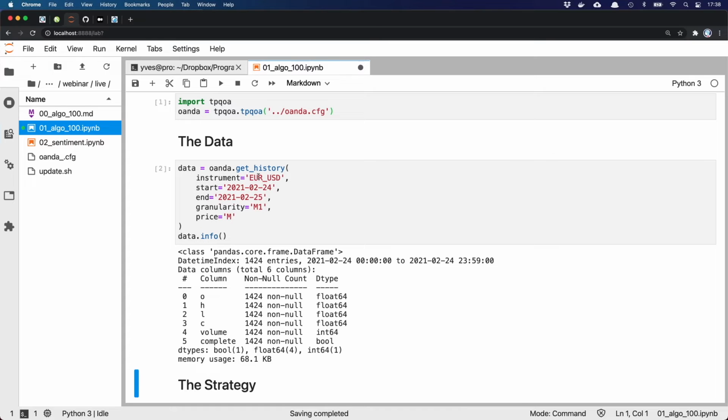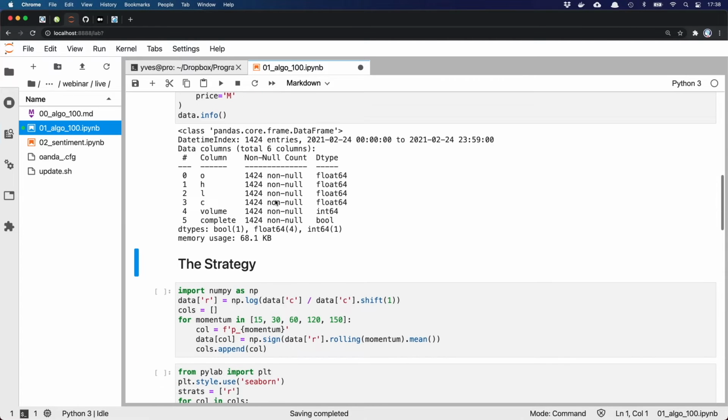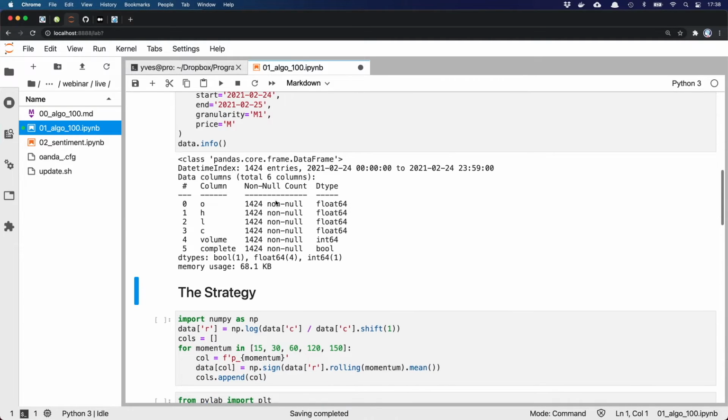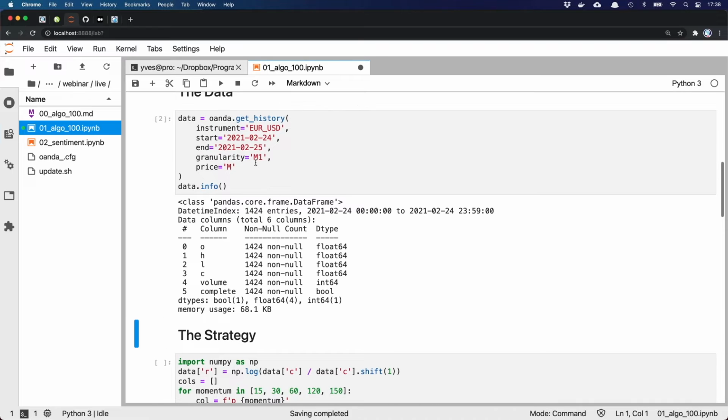I think the original example was the second, third quarter of 2020, but this is the most recent data that we can get, 1 minute bars. And you get down to the 5 second level. Of course, you can retrieve daily data. You can go back here a bunch of years. Actually, I think they provide it for every instrument that they have from the very beginning.